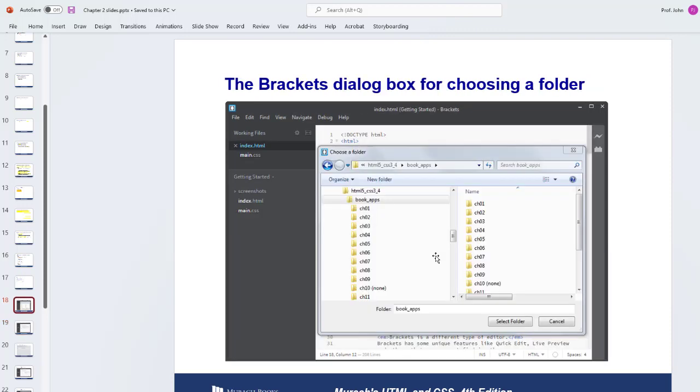All right, now they use Brackets in the book. Brackets is the name of a web editing or text editing software that's used frequently for the web. I personally like Visual Studio Code better. You're welcome to use whatever text editor, I'd say web editing software. Don't use something like Dreamweaver or something that generates code for you, because you'll never learn that way. And also, to be frank, a lot of